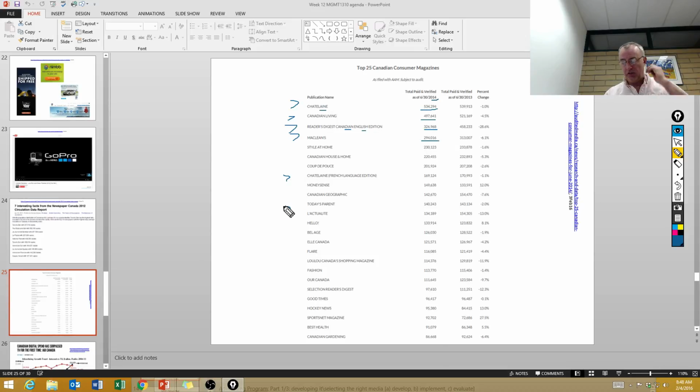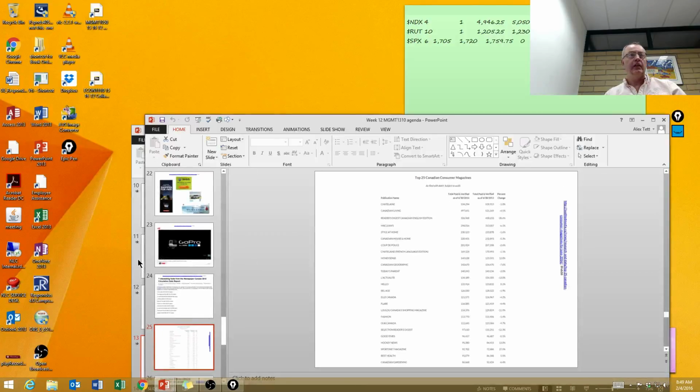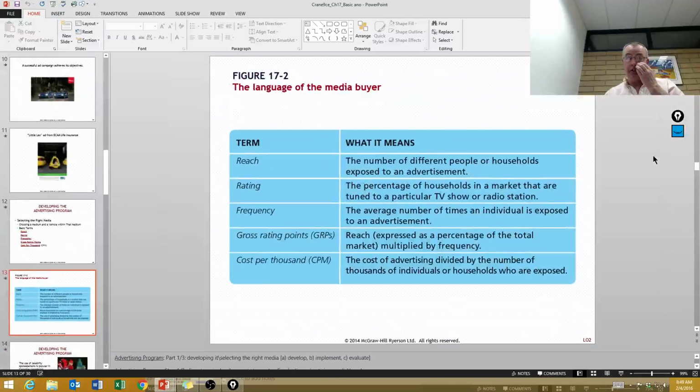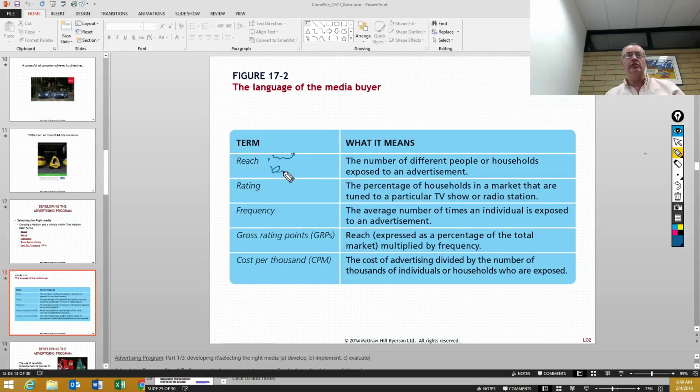So we have this circulation data that tells us what the reach is of these various forms of print media. Okay, and then likewise, the other kind of definition of reach applies to broadcast media, so radio and TV. And I don't have any examples for you here, but it is available. So you have print, and you have broadcast. Anyways, there are organizations out there that have the percentage of households in particular markets that particular radio stations or TV stations